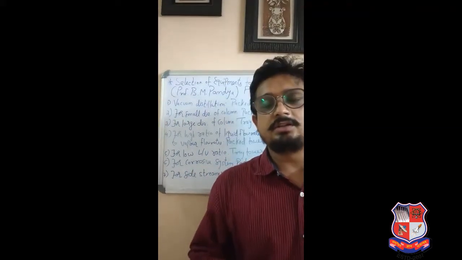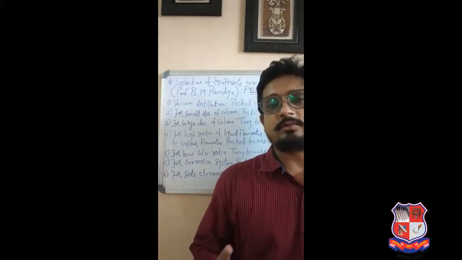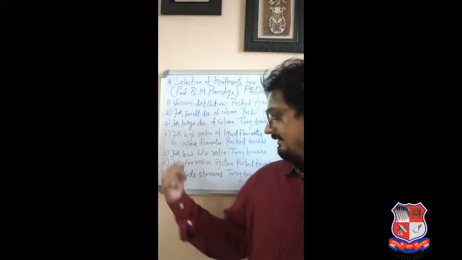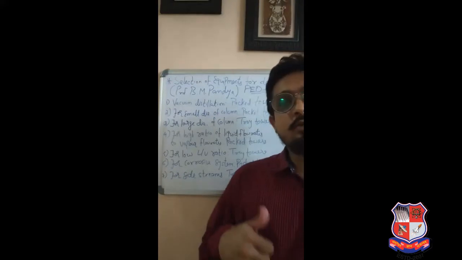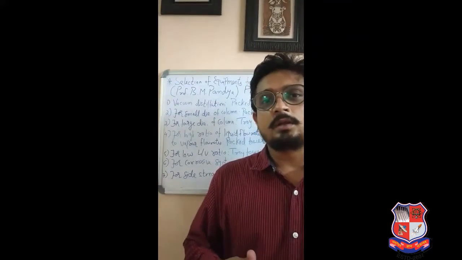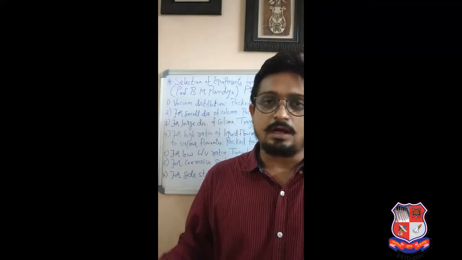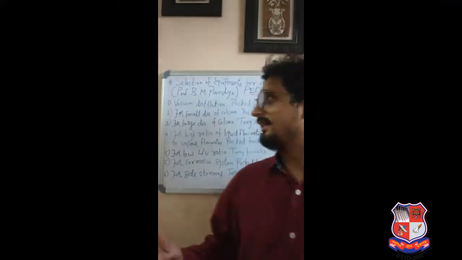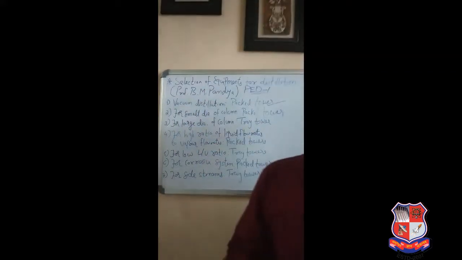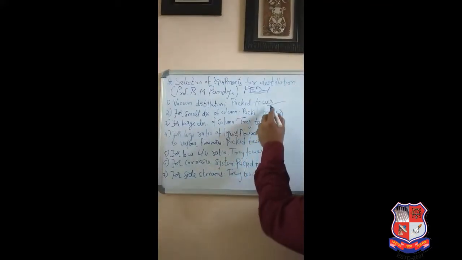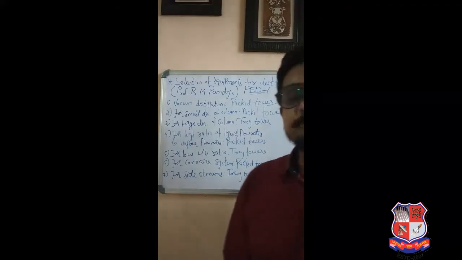Whenever we are using a distillation column, we know that there are 2 types of towers. One is a tray tower and one is a packed tower. So there are 7 criteria that you have to look for when you are picking up a tray tower or a packed tower. Out of these 7 criteria, the first criteria is vacuum distillation. So whenever you are operating your column under vacuum, you always have to choose a packed tower.